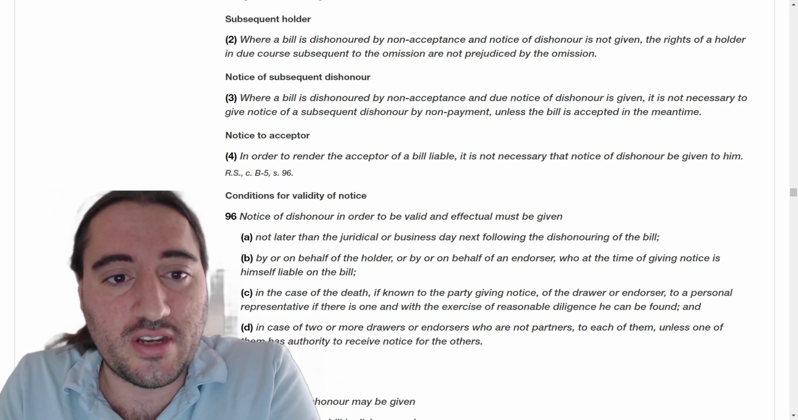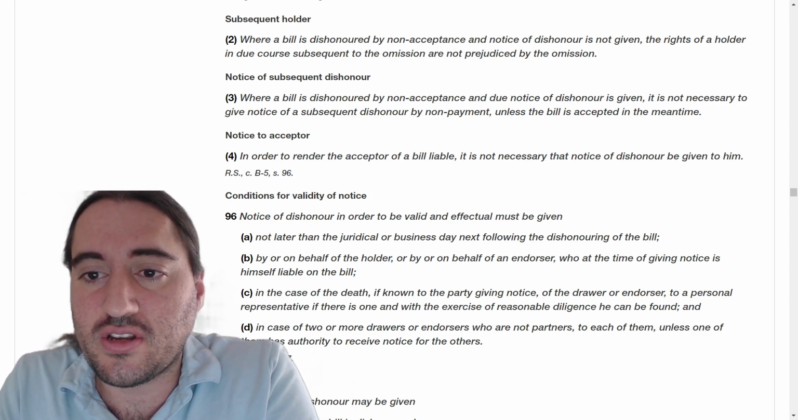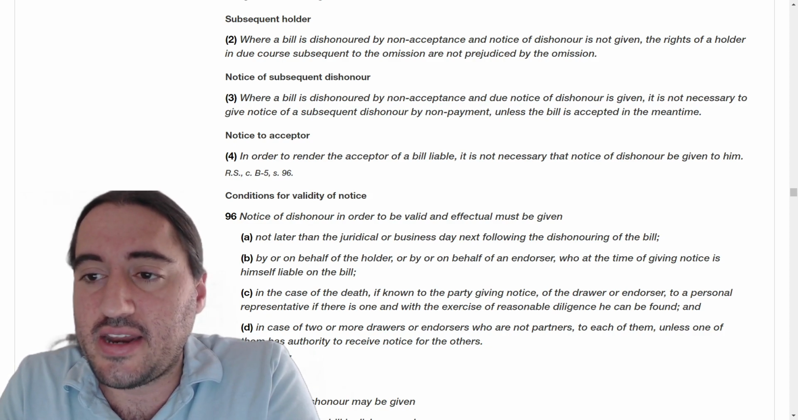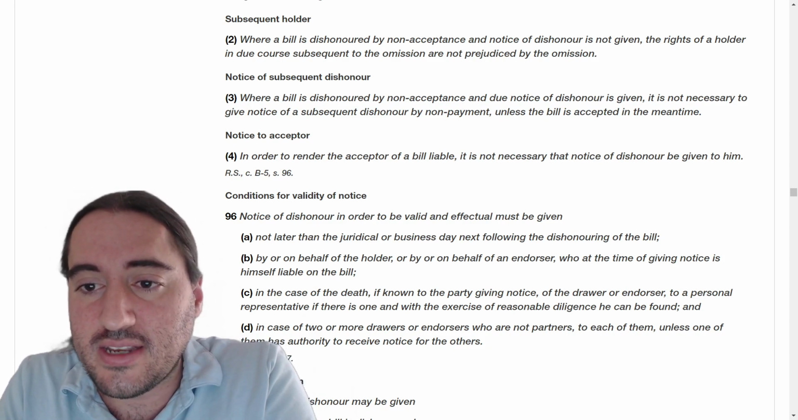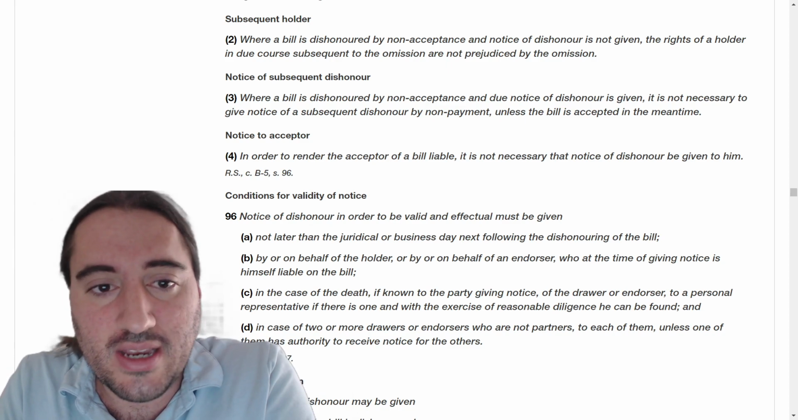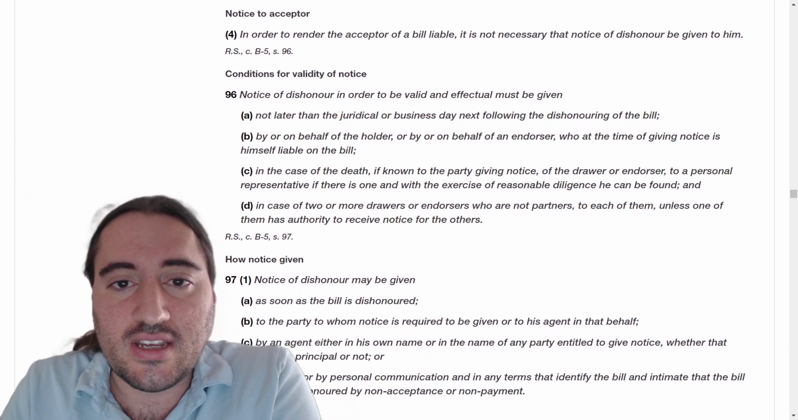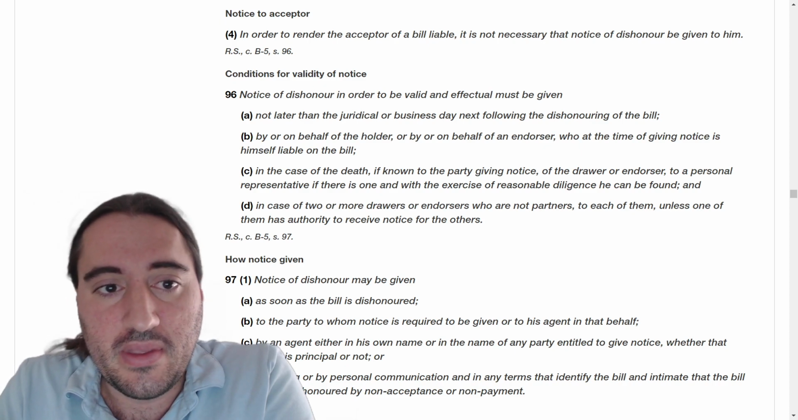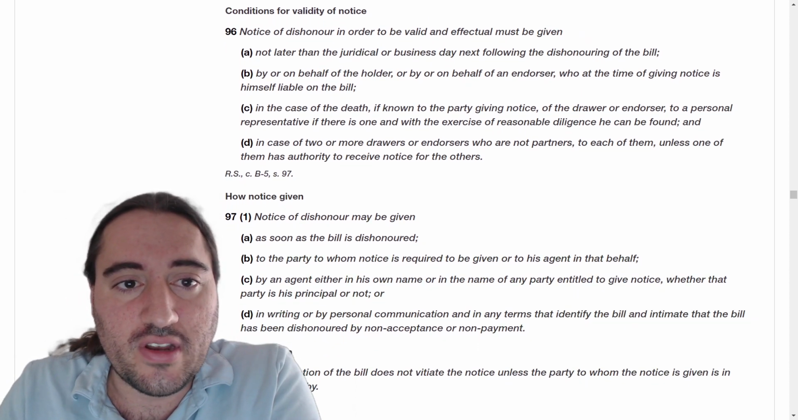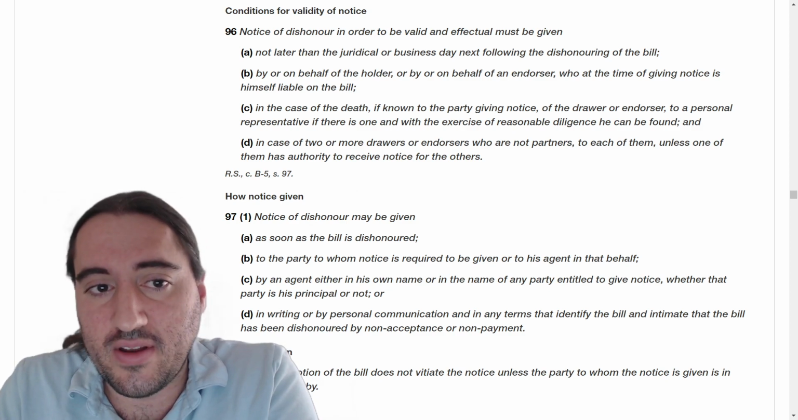Notice of subsequent dishonor. Where a bill is dishonored by non-acceptance and due notice of dishonor is given, it is not necessary to give notice of a subsequent dishonor by non-payment unless the bill is accepted in the meantime. Notice to acceptor. In order to render the acceptor of a bill liable, it is not necessary that notice of dishonor be given to him. Conditions for validity of notice. Notice of dishonor, in order to be valid and effectual, must be given: